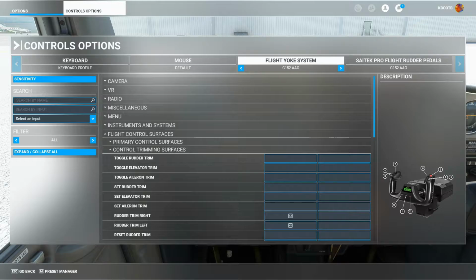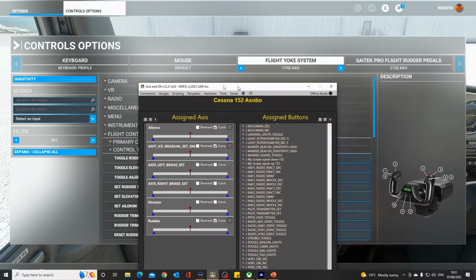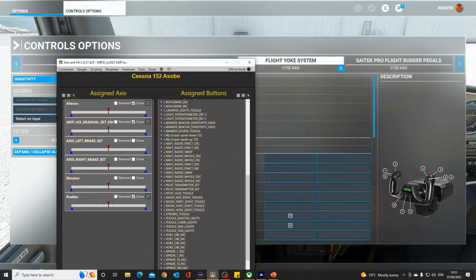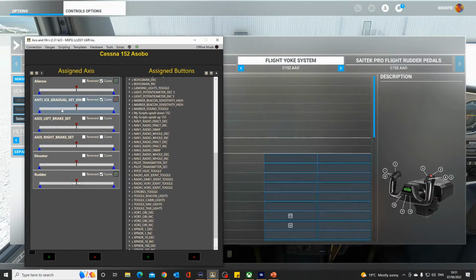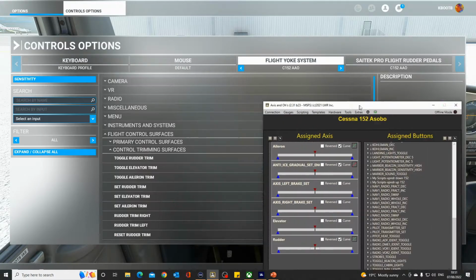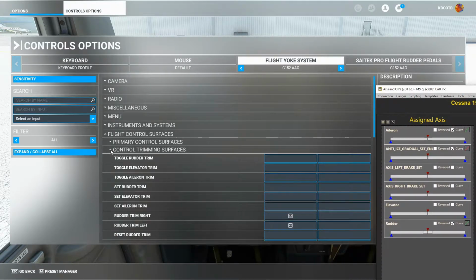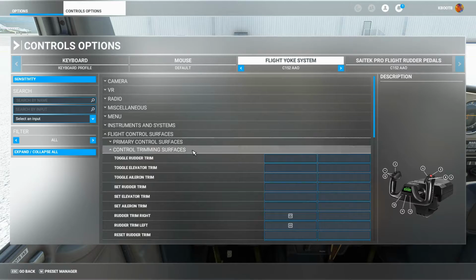So if I just work through this here, I put up X's and O's, and these are the ones that I have allocated, and they're quite easy to do, but you must remember to go into the system here. So in my primary flight controls here,